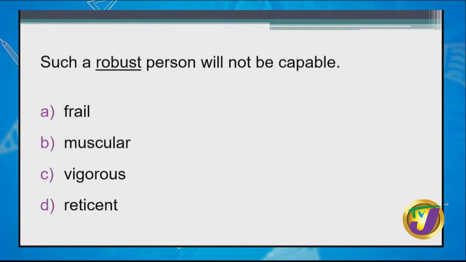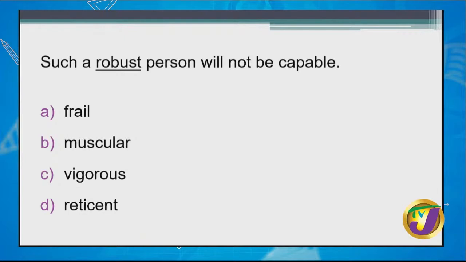Such a robust person will not be capable. Robust. Even if you don't know the word, what kind of image does robust convey to you? Think of the word and what it might be associated with. Robust. Ready to think? All right. Now that you have an idea of what robust might be conveying, remember now we're looking at the opposite. So which one of these four, frail, muscular, vigorous, or reticent, would be the opposite